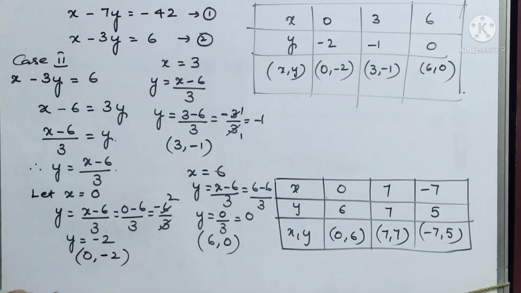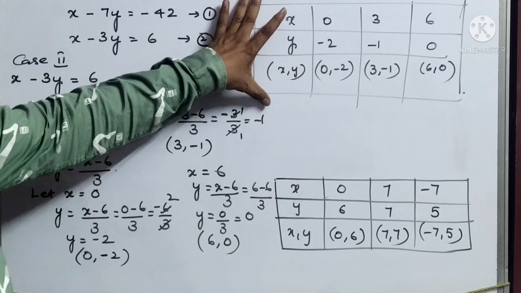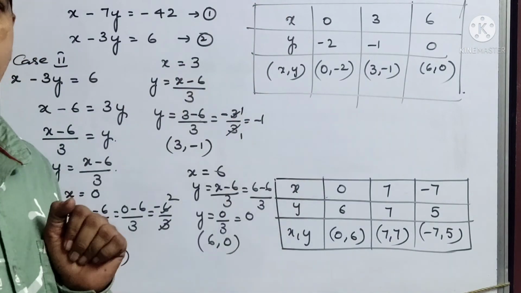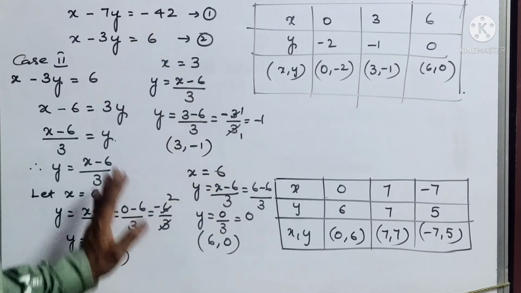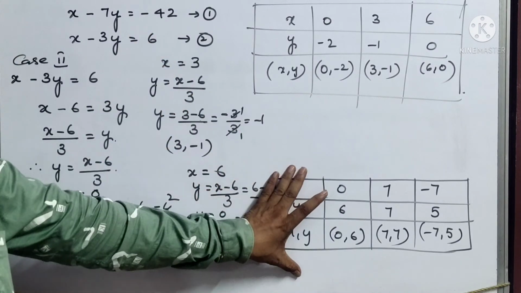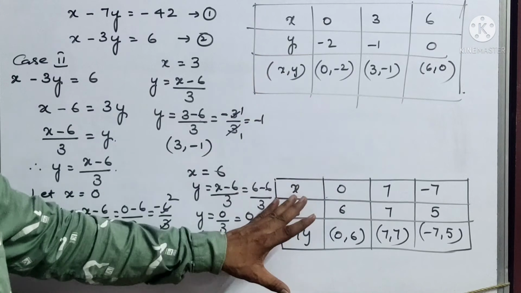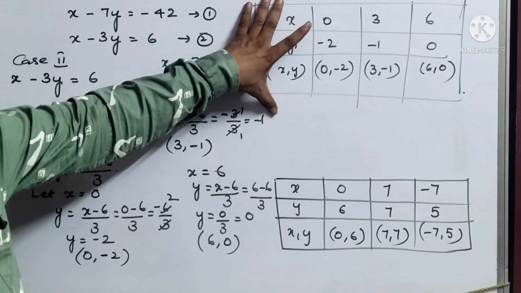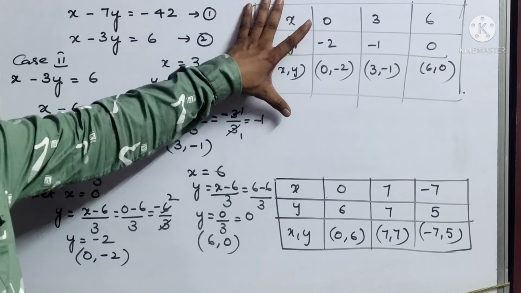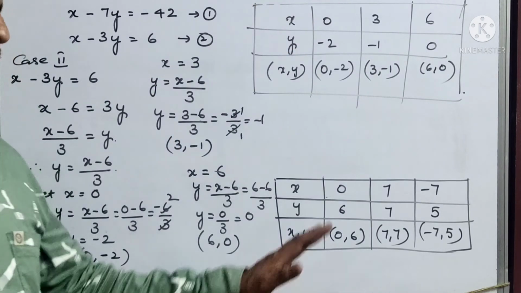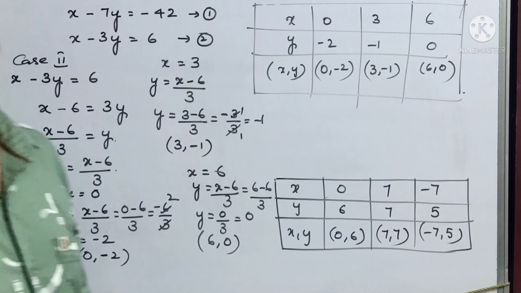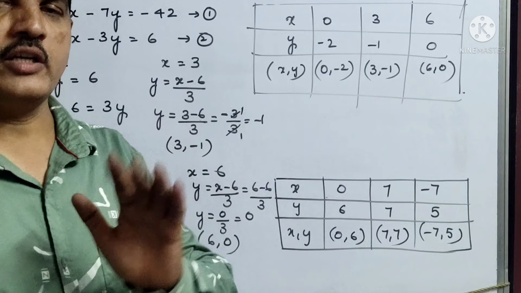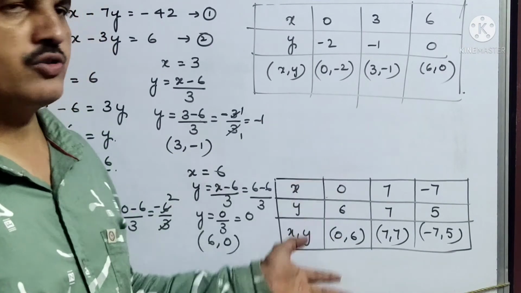Now with this table and this table, we have to draw two straight lines in one graph only, because this is completely one sum. So based on these points you have to plot them on the same graph and join the lines. Then you see the graph. Okay, this is called solving graphically. Now I am showing the graph, how you get the lines on the graph paper. The same values I'll use.